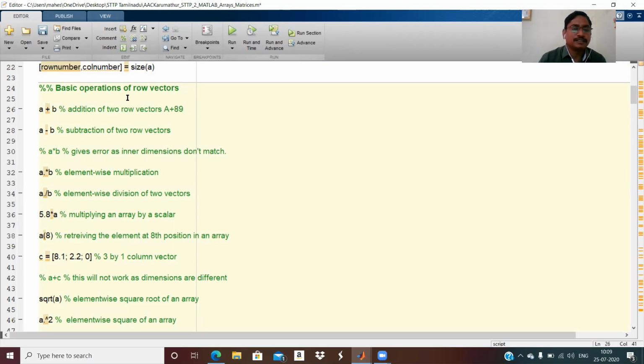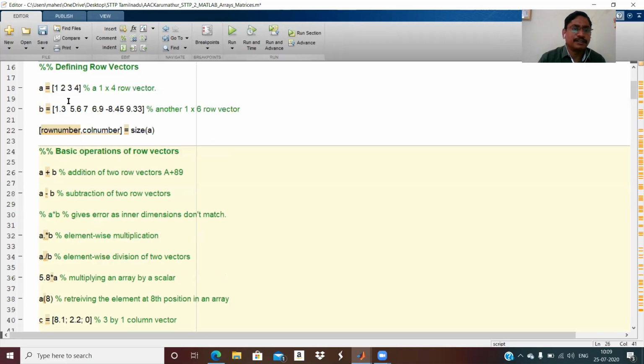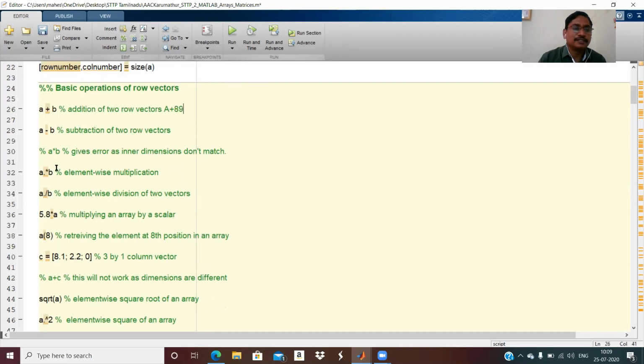But as far as matrices are concerned, the dimensions have to match for subtraction. Suppose dimensions don't match, it gives an error, inner dimensions do not match, because for A and B I have taken this, and for this case this product is not possible, so it gives an error. We know the rules of how matrices are multiplied. The number of columns in the first matrix must be equal to the number of rows in the second matrix, and then we can multiply it. So in that case it's not possible, that's why it gives an error here.